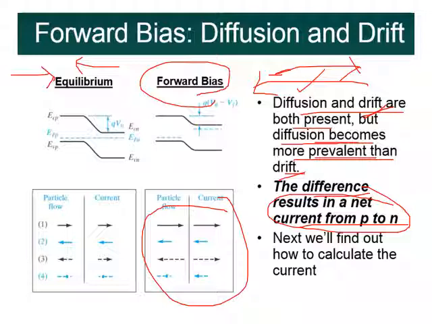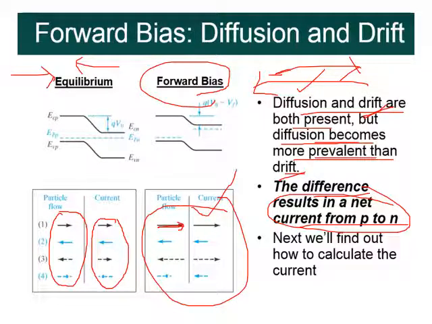So what these current directions are indicating are the drift current and the diffusion current, one for the P type material, the other for the N type material. Here you can see the size of the arrow marks is the same. Here also the size of the arrow marks is the same. It indicates that they are equal and opposite in direction, correct? But now here the size of the arrow marks is not the same. That is what is indicated here. The diffusion current is becoming more prevalent than the drift current.